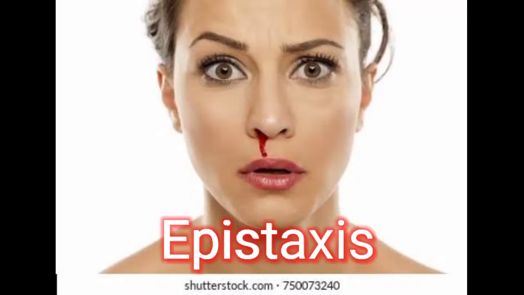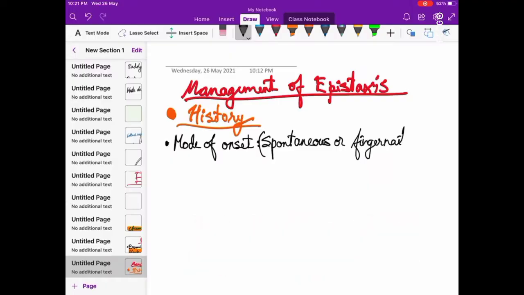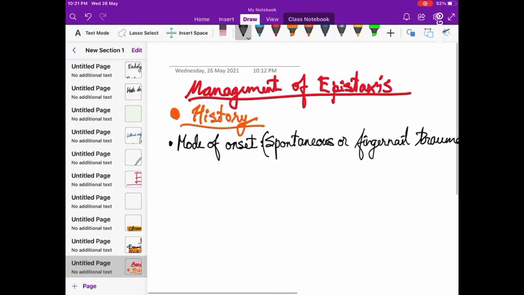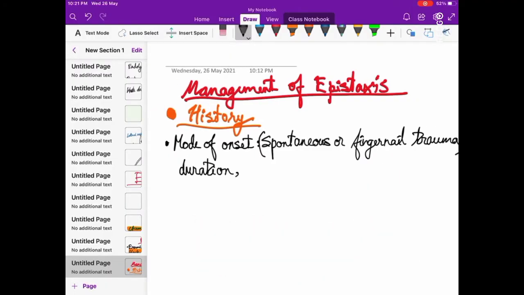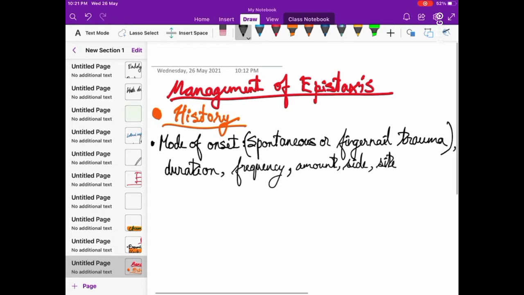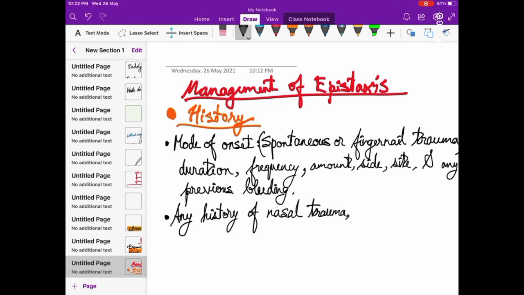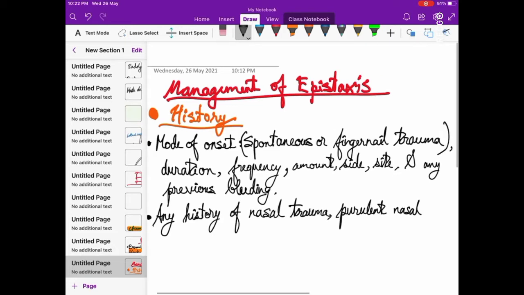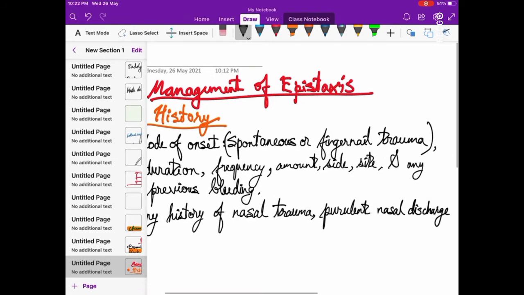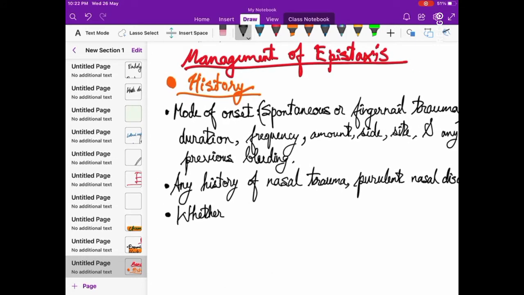Today we will talk about management of epistaxis. So first of all we will take history. There we will take mode of onset. We will ask the patient how it has started. Is it spontaneous or fingernail trauma, duration, frequency, amount, site and any previous bleeding. Any history of nasal trauma, purulent nasal discharge, whether bleeding is of anterior or posterior type,